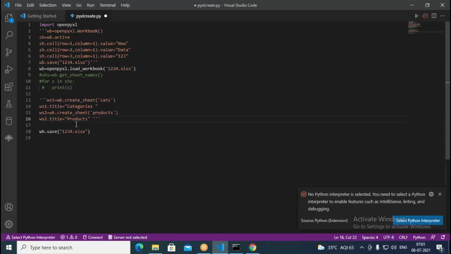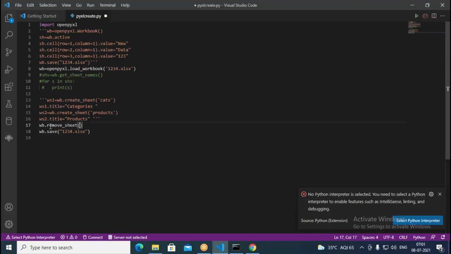So for that purpose, I can remove a sheet using sheet name. Then here we can write in this way. It is wb dot, then I write here remove sheet, followed by I want to go with the sheet name.